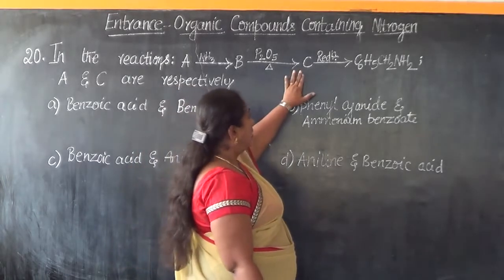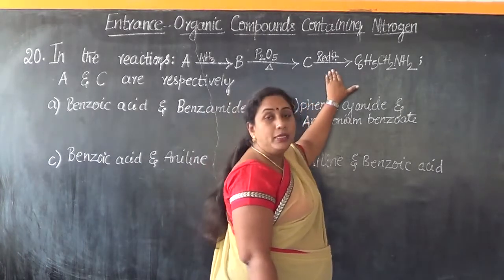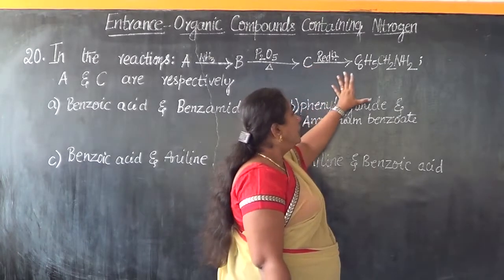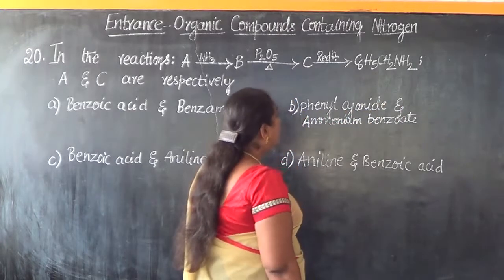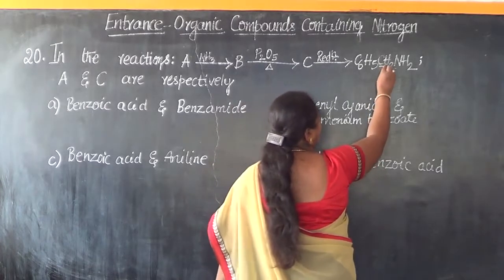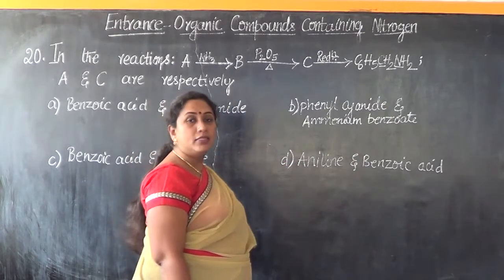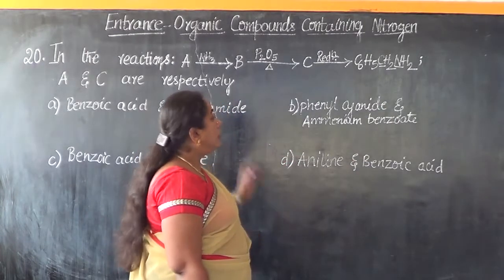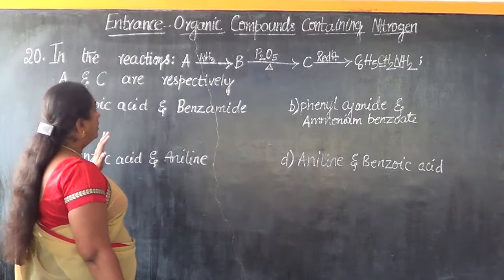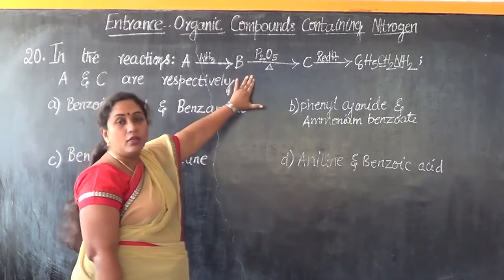Then you get C. C upon getting should be in a position to undergo reduction. That means it should add hydrogen to it. Once you add hydrogen to it, it will form a compound like this. So that means by the time we get C, it should be having this carbon and nitrogen in it. Only hydrogen gets added to those constituents. So let us write the reaction. Now let's look into the options again. Which can definitely add ammonia to it, from which it can eliminate a molecule of water.